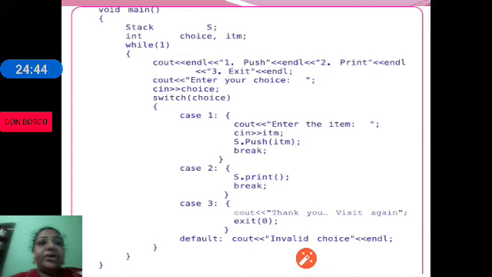If choice is 1, we accept an item and perform the push operation. If choice is 2, we print the elements. If choice is 3, we exit the program. If the user enters other than 1, 2 and 3, we print invalid choice and end the program.